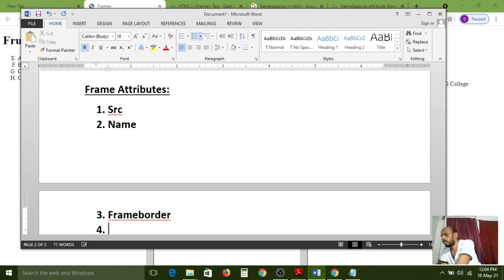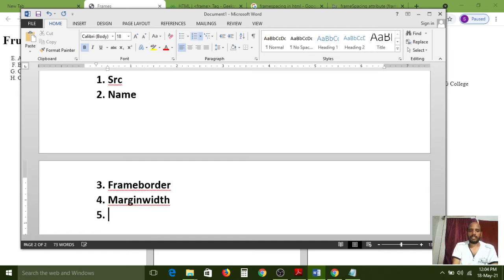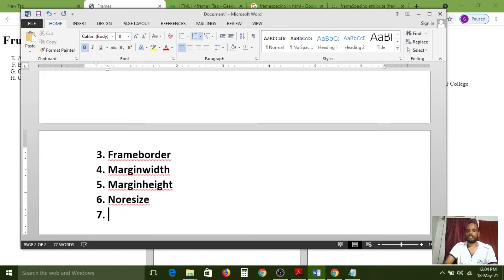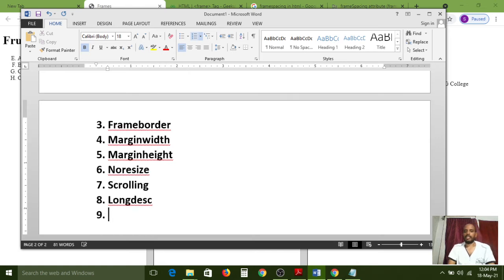Fourth one is margin width, and fifth one is margin height. Margin width and margin height. And sixth one is no resize. And seventh one is scrolling. And eighth one is long desc. These are the attributes.